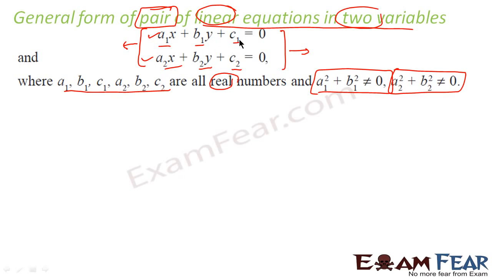It doesn't make sense. So, the condition is a1, b1, c1, a2, b2, c2 are all real numbers and at a given point of time, a1 square plus b1 square is not equal to 0. Also, a2 square plus b2 square is not equal to 0. This is the general form of equation in two variables. Correct? Also, one thing you should know is that if we have a linear